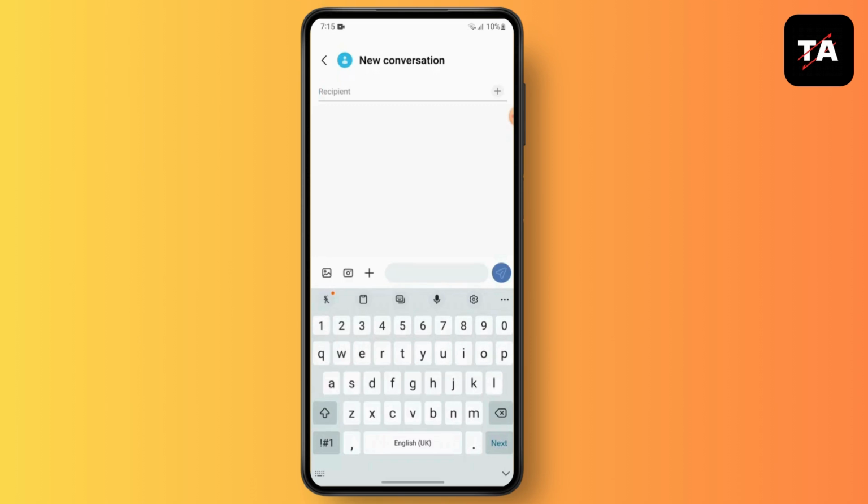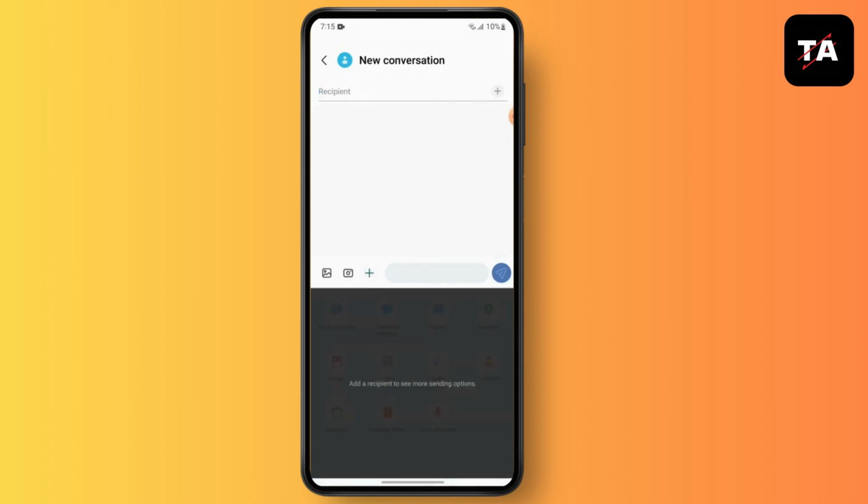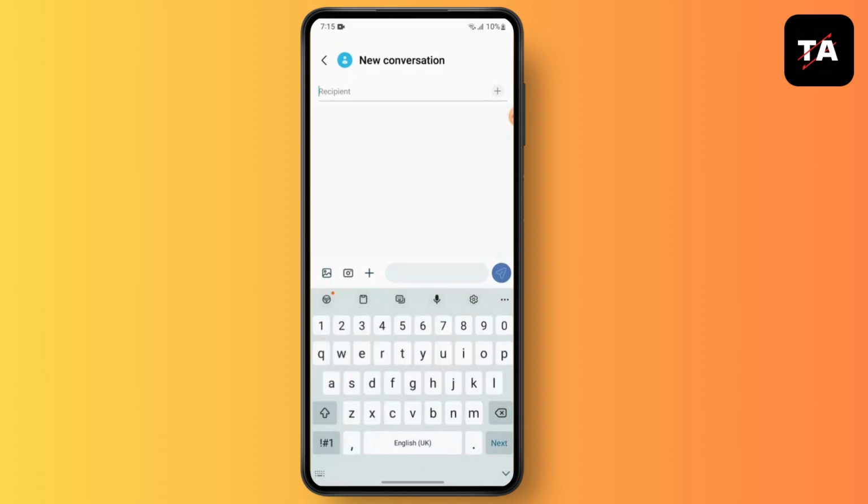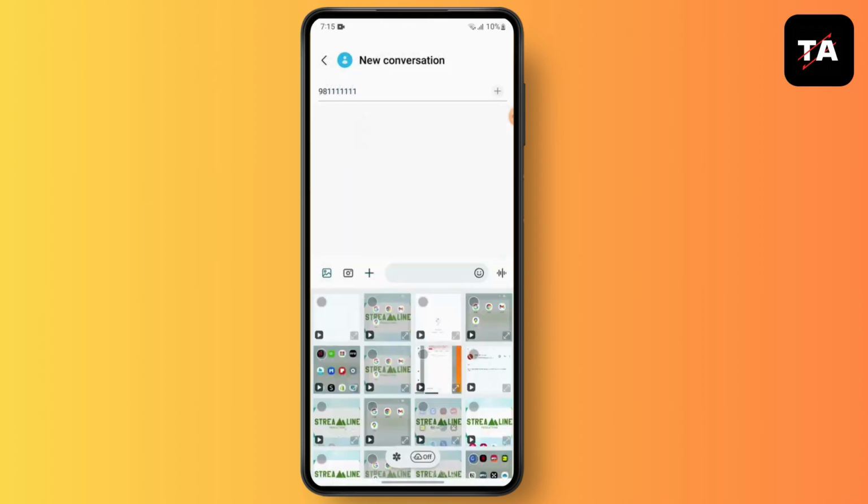Open your messages app. Then go to new message. After that, you will see this plus icon over here. First, simply add a recipient. After you have added your recipient, you will be able to send the video message via this wallpaper or gallery